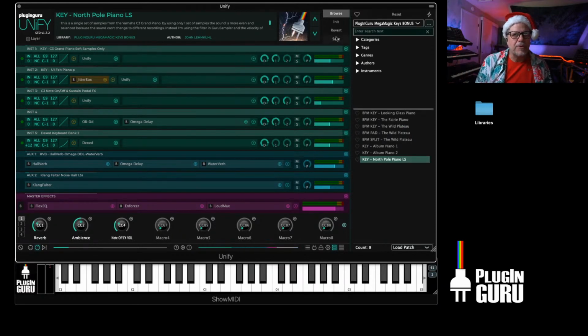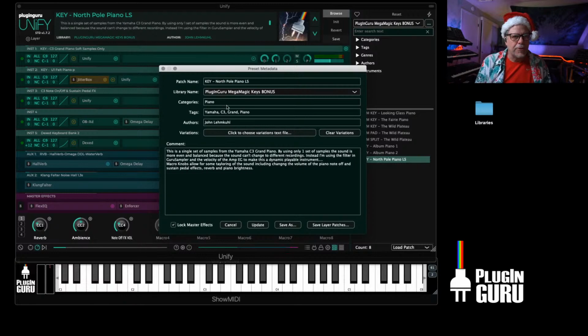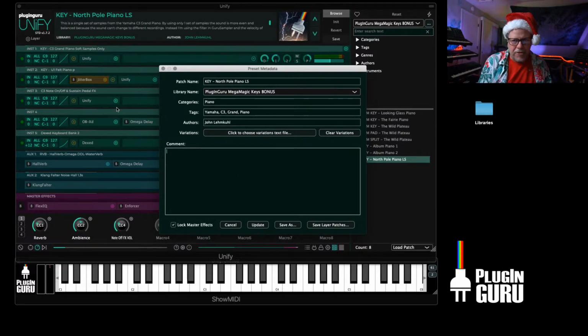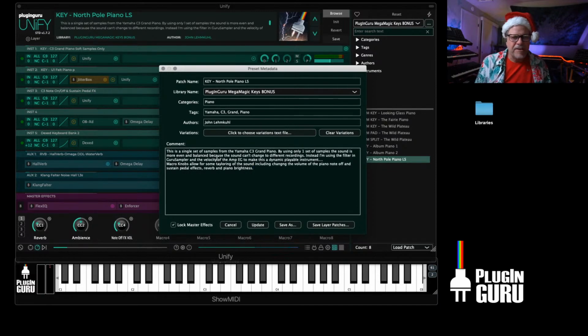Give yourself, when you hit save, go through this, give yourself category piano or keyboard. I'm not a huge stickler on this stuff at this point. Go to the description, delete, maybe add your own description. More details will make Daniela very happy. Make it however you want, but make sure under authors, you put your name, Santa Claus,